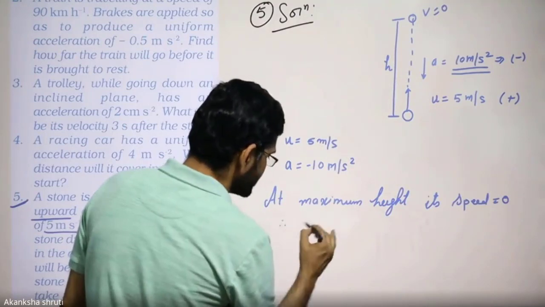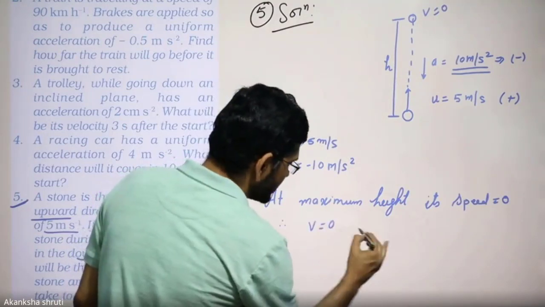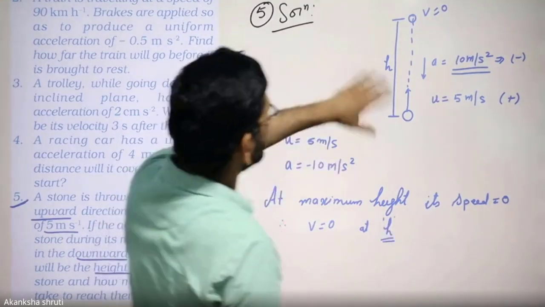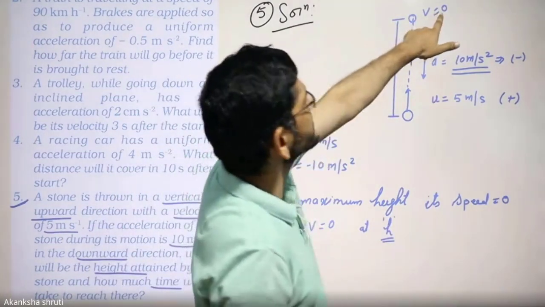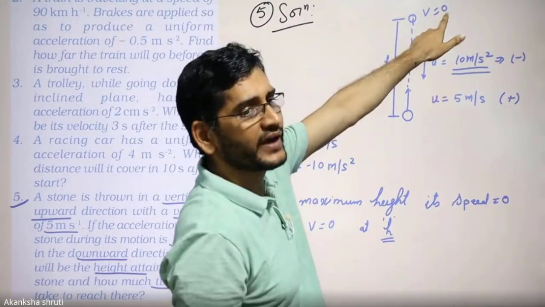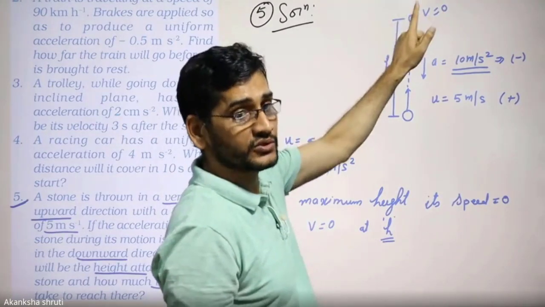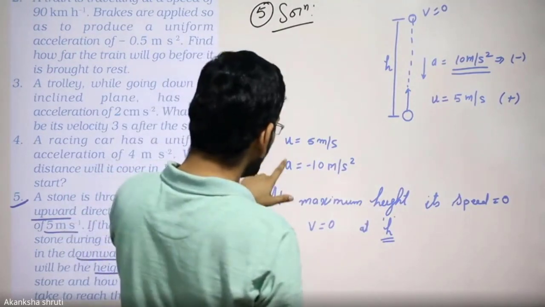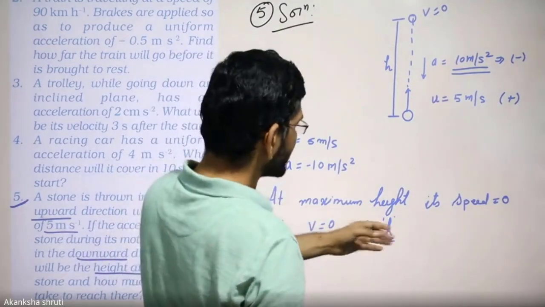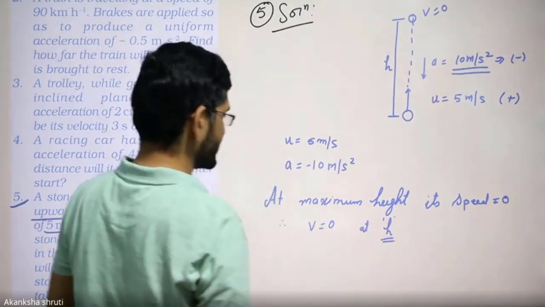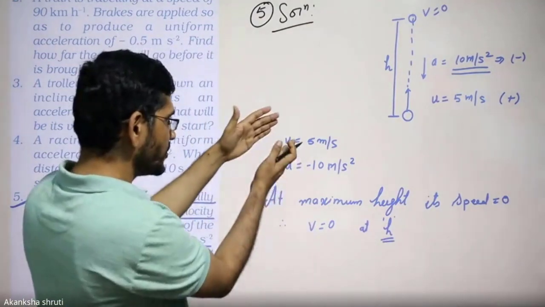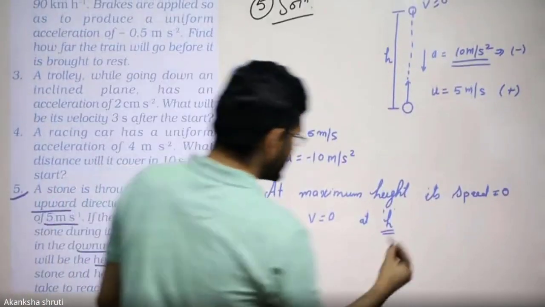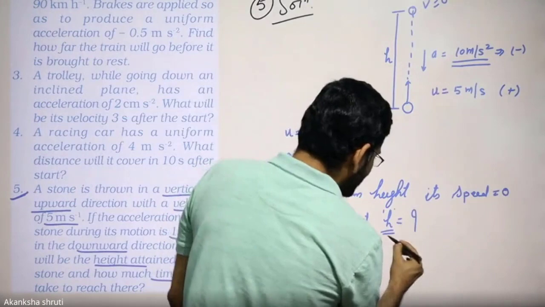Therefore, v is equal to 0 at h. Okay, no? यानी कि जब ये हाइट h पे जाएगा तो इसका फाइनल स्पीड और फाइनल वेलोसिटी वो 0 हो जाएगा. ये आपको ध्यान में रखना है स्टूडेंट. हाँ, तो यहां से अपने को क्या मिला, u मिला, a मिला, v मिला और h हमें कैलकुलेट करने हैं. तो ऐसा रिलेशन जो इस गिवन क्वांटिटीज को कोरिलेट कर सके, स्टूडेंट, this h we have to calculate.